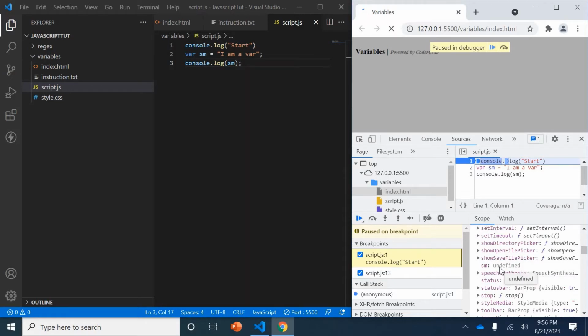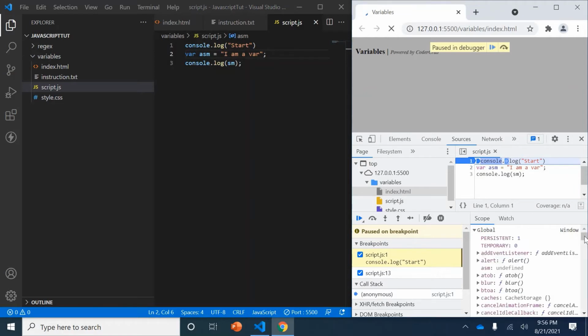Let it start with a, then it will be on top, easier for me to find. So asm is the variable and it has undefined here. That means we have not executed it yet. Please understand this: we have not executed it yet, but it is still there inside the global scope.